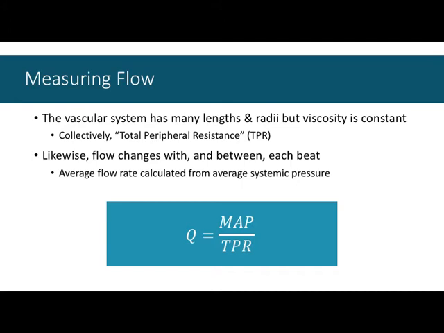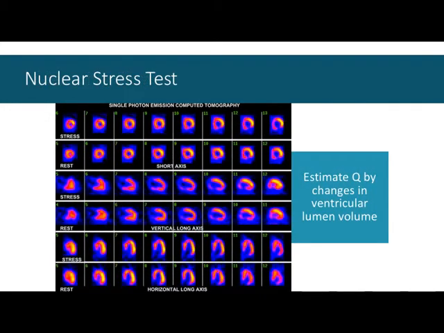So in what ways can we calculate flow? We can't calculate flow from an ECG. We can't calculate flow from a stress test, a graded exercise test. We can approximate flow with the nuclear stress test, as we alluded to. We've seen a few small pictures, but we get a lot more information if you were to perform a nuclear